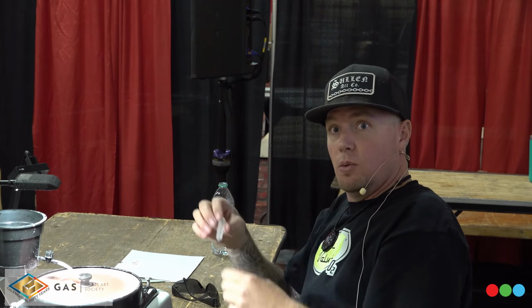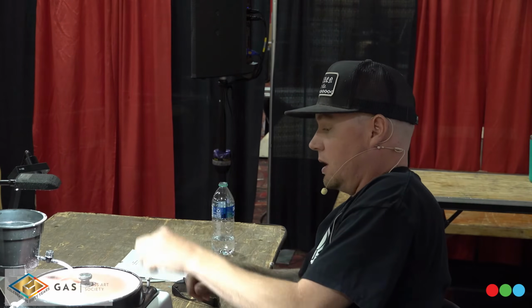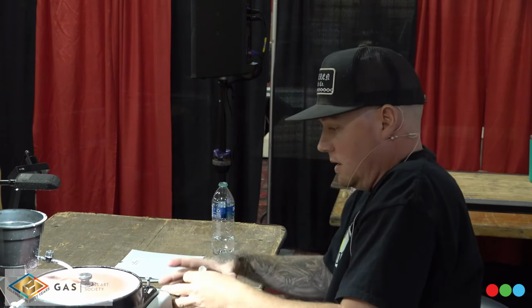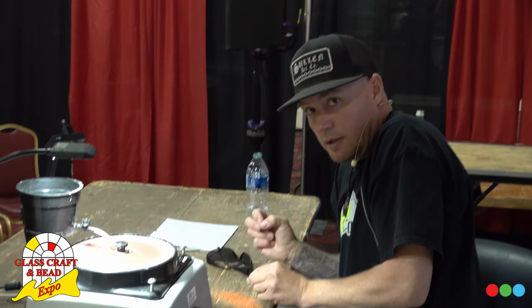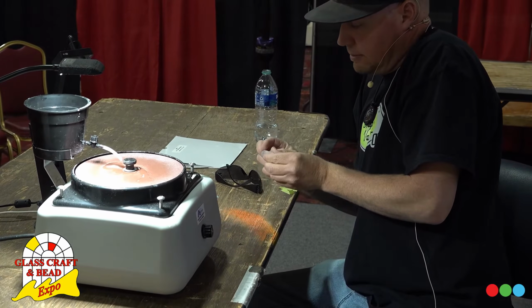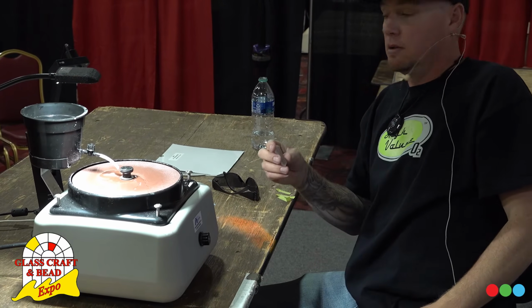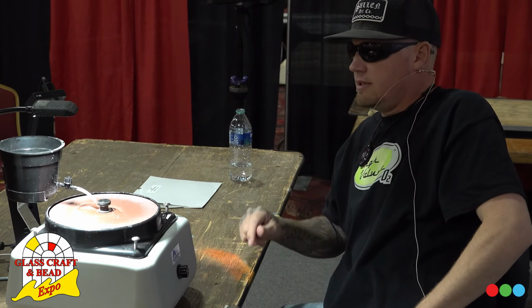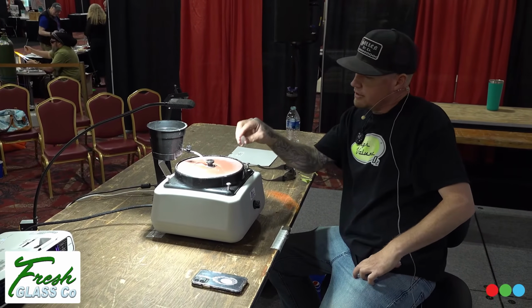Is that done wet with the Dremel? It's done wet. Yeah, you want to make sure it's done wet too. So I'll usually just have a little bucket or a cup, and I'll keep dunking it, and I'll Dremel it. And sometimes I'll have my hand in the cup or in the little Tupperware dish, and I'll have just the tip in the water so that I'm not sending glass out in the air. It's safe to have glasses on. Safety glasses are always a smart idea, unless you like glass in your eyeball. But for the most part, as long as you're careful